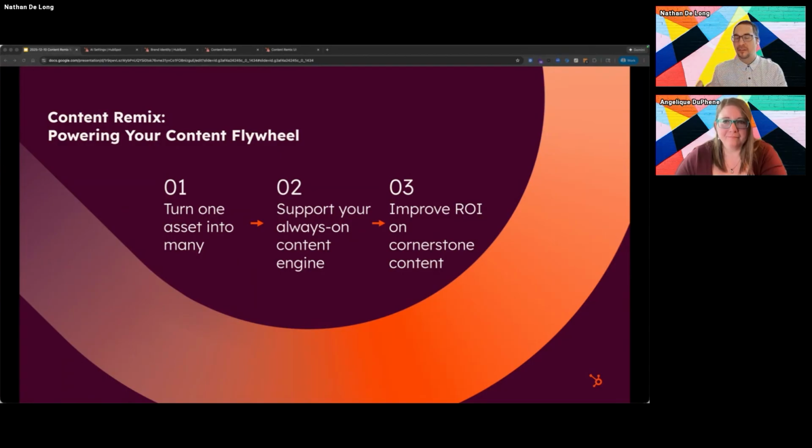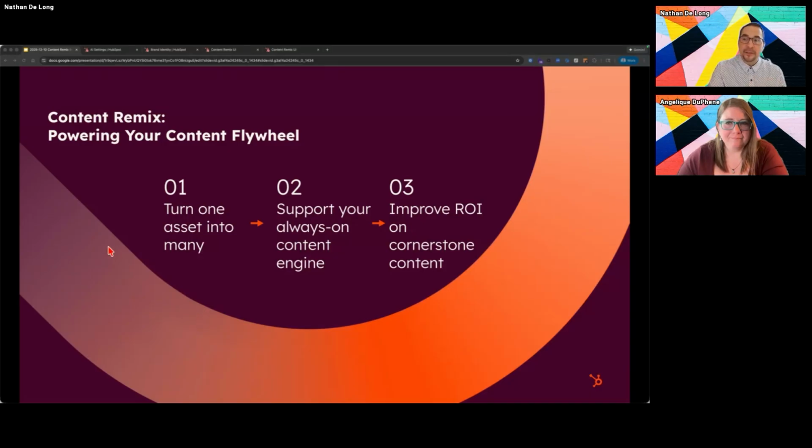So if I have a list or a segment that I've built out in HubSpot, I can now take that and include that in my prompt for Remix. And that's huge because that allows me to even further target these materials to specific audiences if I want to do so.